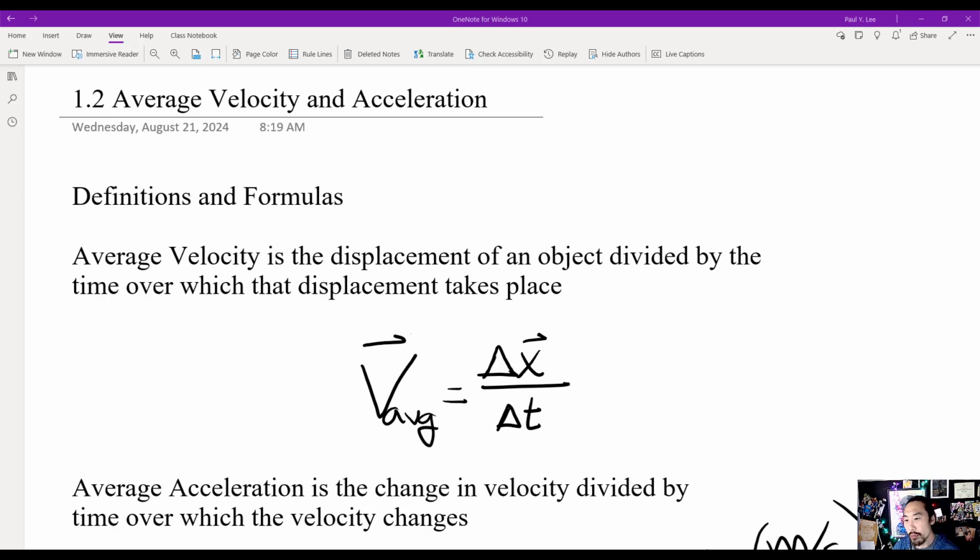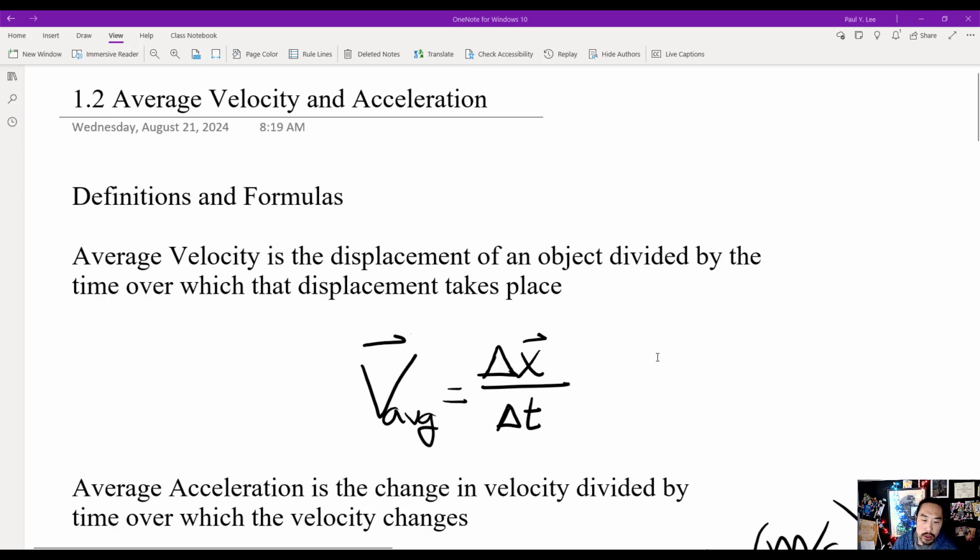All right, let's begin. A good place to start is, of course, the definition and the formulas. Velocity and average velocity might sound a lot like the same thing, and in fact, the formulas almost look identical, with a subscript that tells the difference between the two. The average velocity is the displacement of an object divided by the time over which the displacement takes